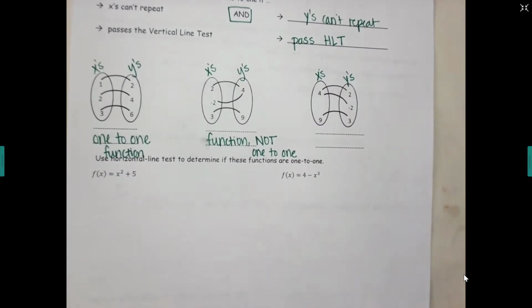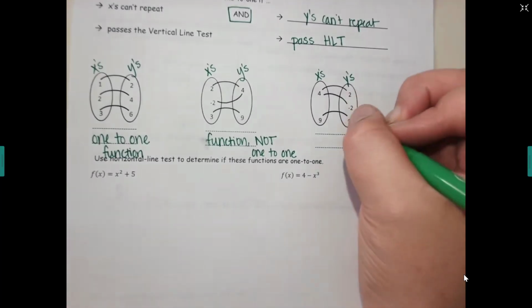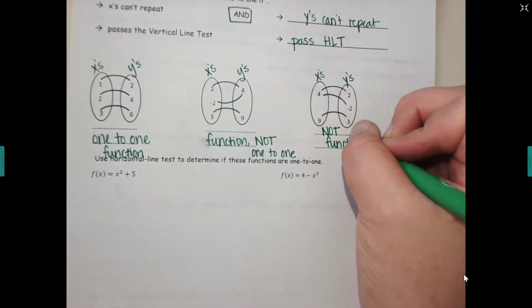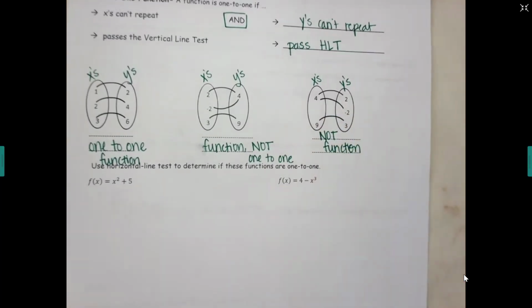It would be yes. These are kind of weird to read, but remember, 4 goes with how many partners? 2 different numbers. It goes with 2, and then 4 goes again with -2. So that does count as a repeat. That would be not a function. And if it's not a function, then it definitely can't be one-to-one, because for one-to-one you're adding extra criteria to it. Then just to help you out with this,